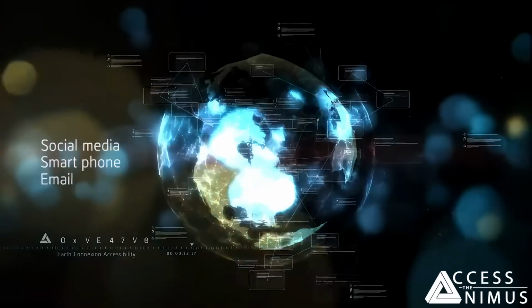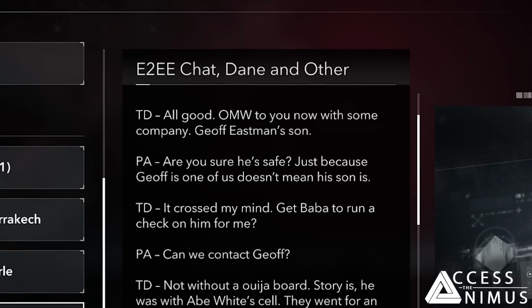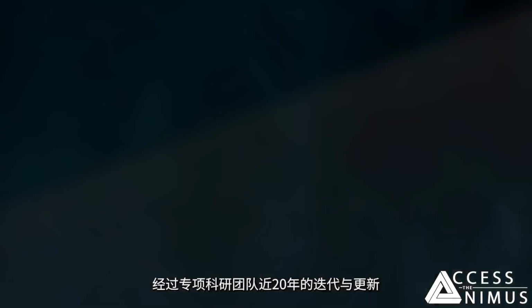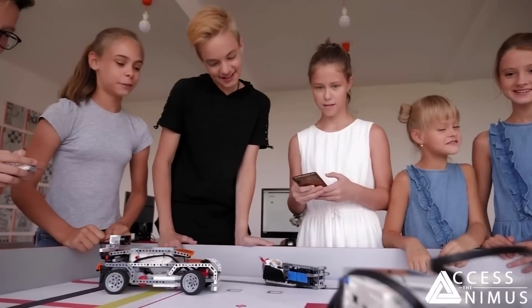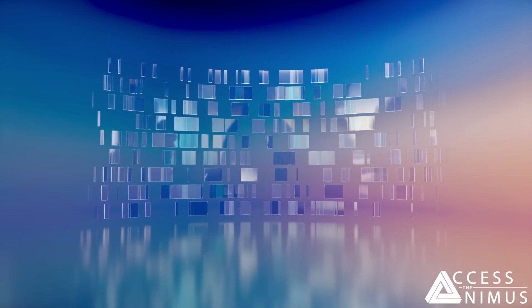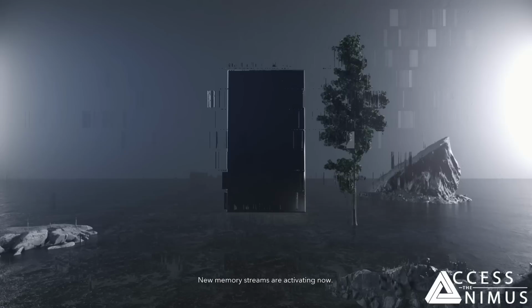But these files also comprise personal diaries, end-to-end encrypted chats, even scripts of secret meetings of various assassins, which very much provides a perspective on how pervasive Abstergo's control is in this dystopian near future. Still, our modern day protagonist, that is, us, is given access to these files thanks to some motivation explanations that